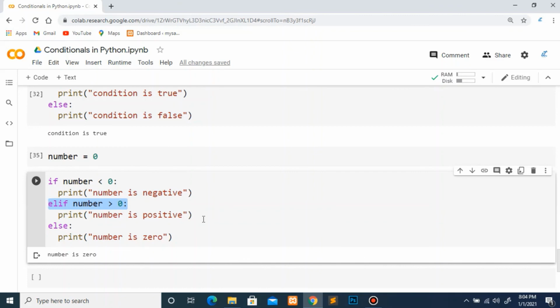So this is all about operators and conditionals in Python. In my next video, I will tell you how to create a simple calculator by using all these concepts, and also I will explain how to take input from the user. Basically, that calculator will take input from the user, then perform some basic arithmetic operations on those values, and then show the output to the user.